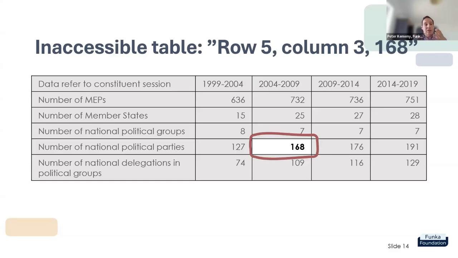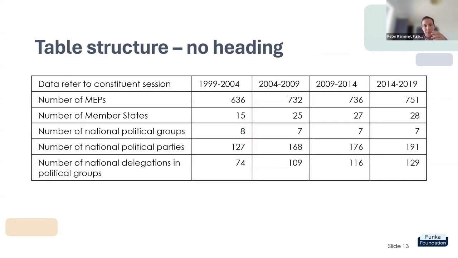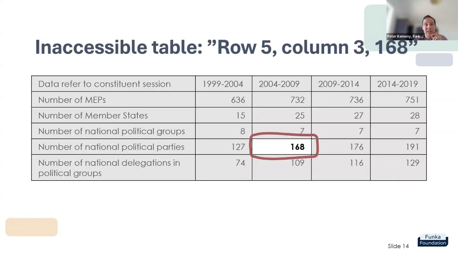If, just go back quickly to the previous slide, if the table is like this, it's difficult to understand visually. And if this represents also the coding, meaning that the header cells are not different from the data cells, then this context is not encoded, is not provided in the markup. So a screen reader would, for example, read out this cell as row 5, column 3, 168. You don't know what it means. If you would not be able to see this table, you would not be able to understand what the 168